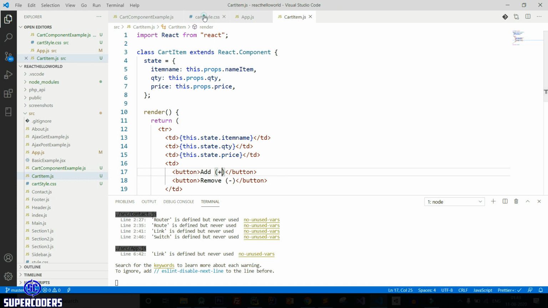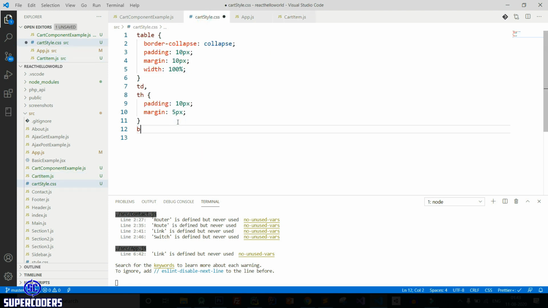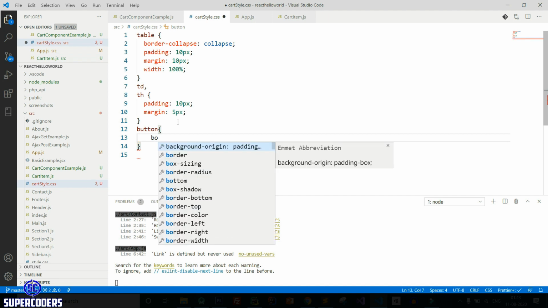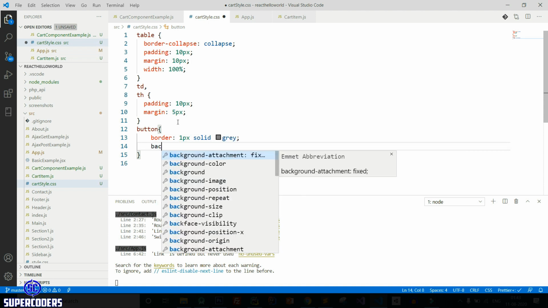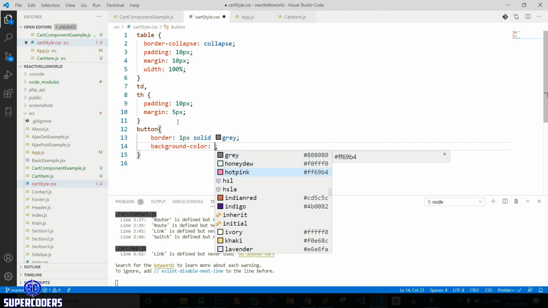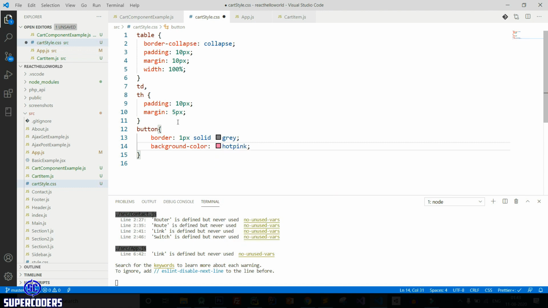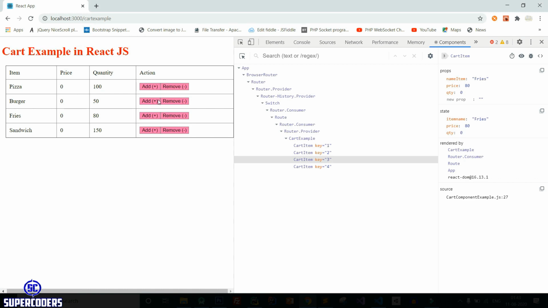Also you can add CSS. So button, border 1 pixel, solid, gray, background color, change this, save it.